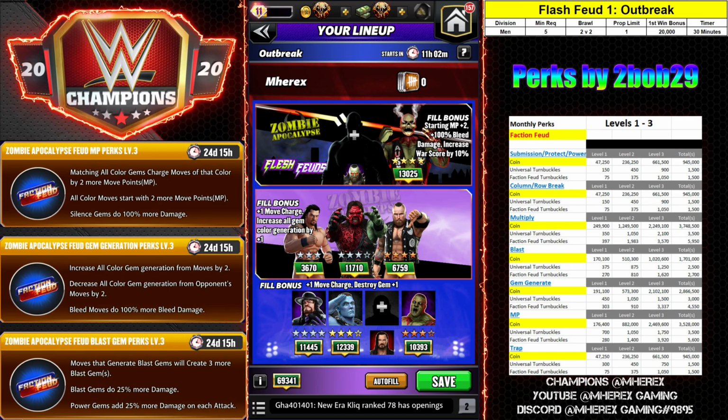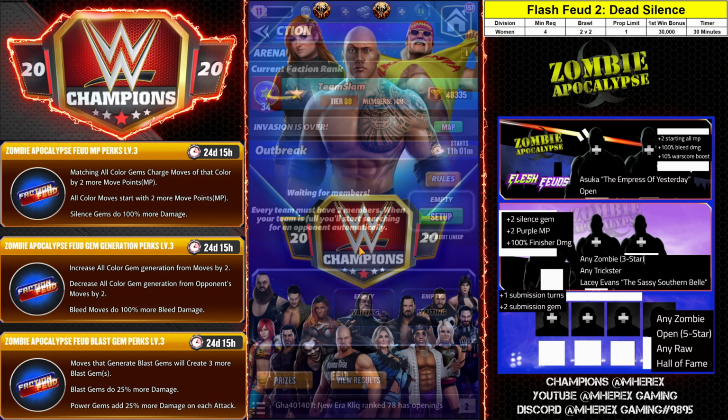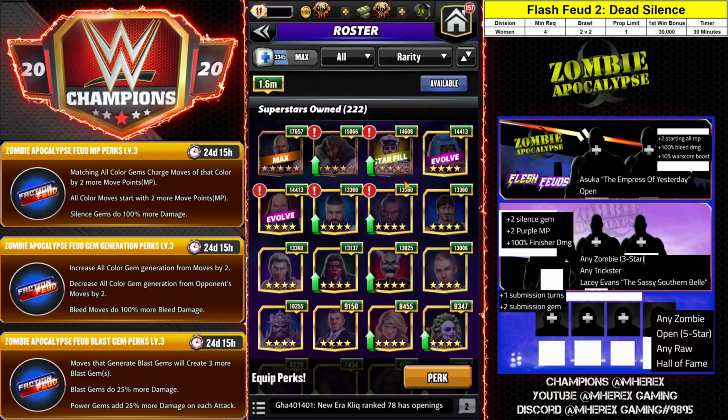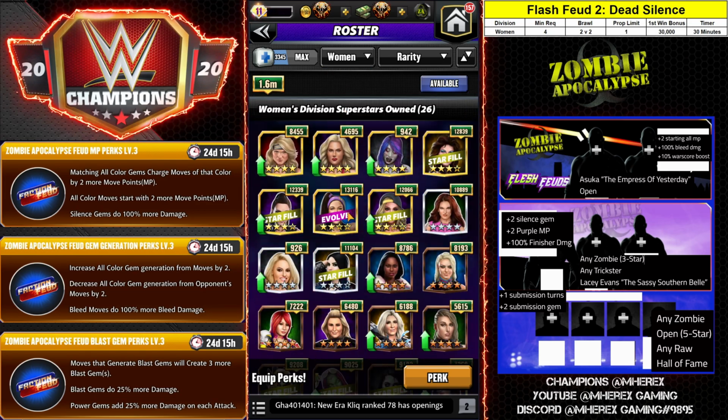We're going to jump into the second Flash feud now. We'll see how this goes. So this is about the, it's not pretty, but it's got all the information on it on the right of my screen here. We're going to get out of here because this screen isn't going to be useful anymore. We'll just go to my roster and filter it by women. Okay, so